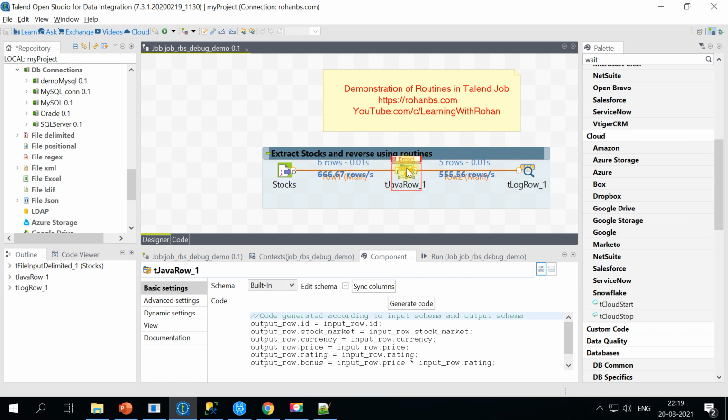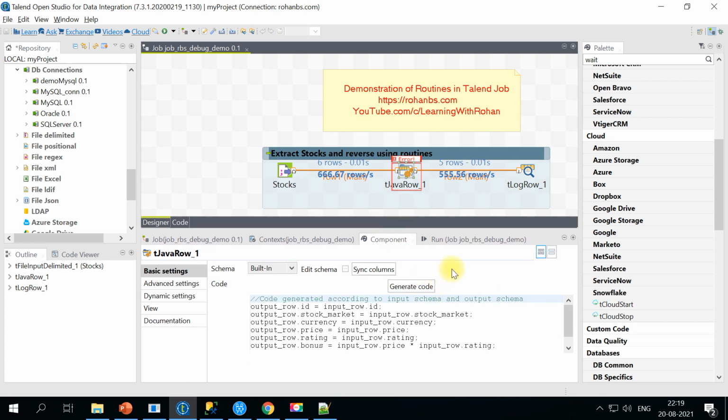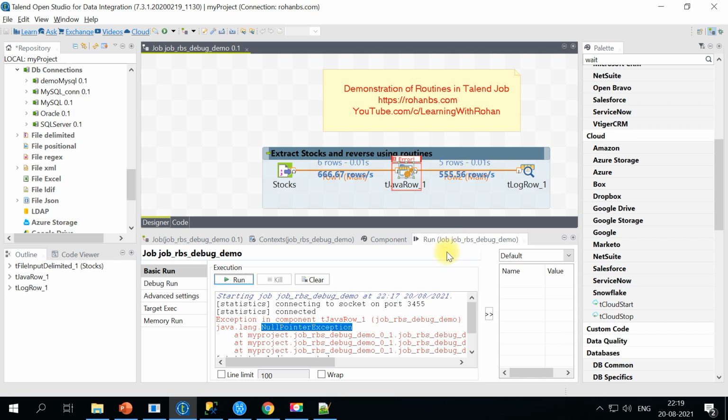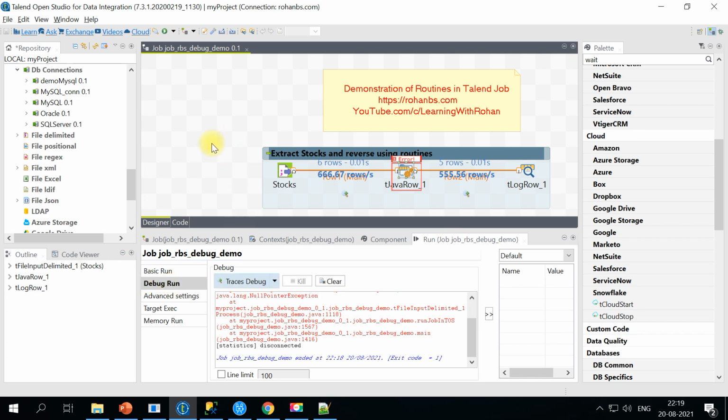First things first, let's do a trace debug so that we can find out this issue. All you have to do is go to this debug run, and under this you will get two drop downs: Java debug and trace debug.